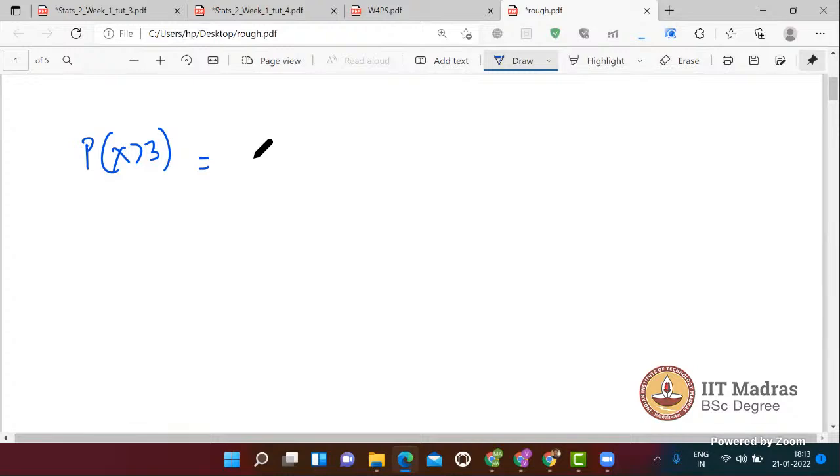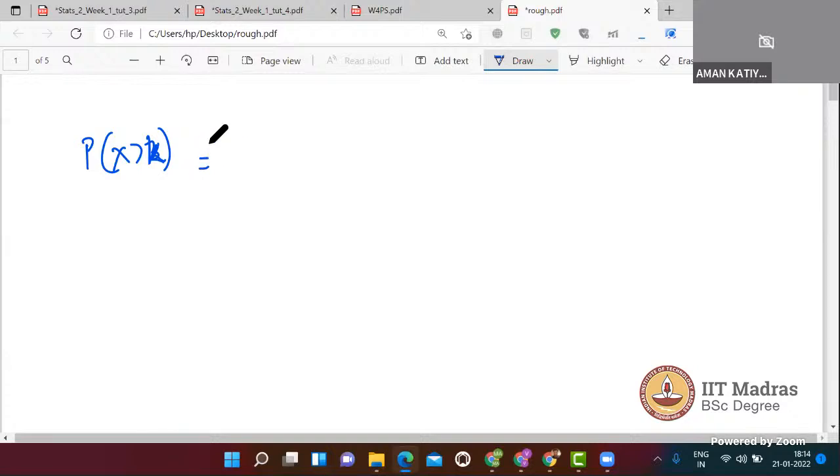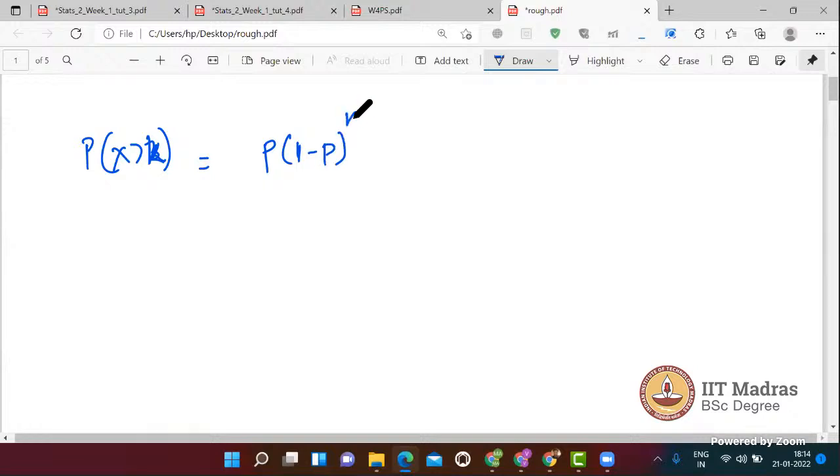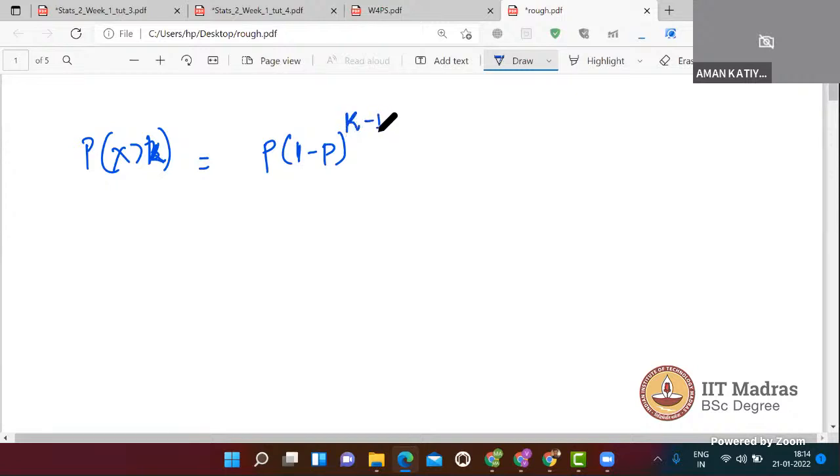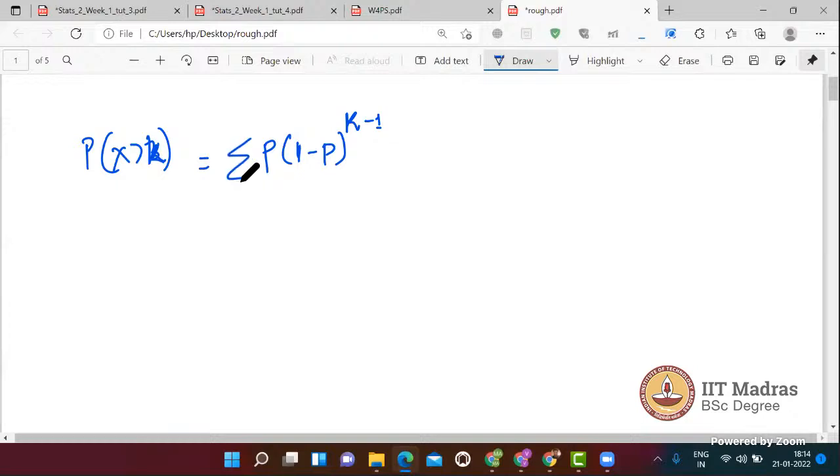What is the normal formula? Can somebody tell me the formula for the geometric distribution for x greater than k? p into one minus p to the power k minus one. Okay, so if you do the summation,